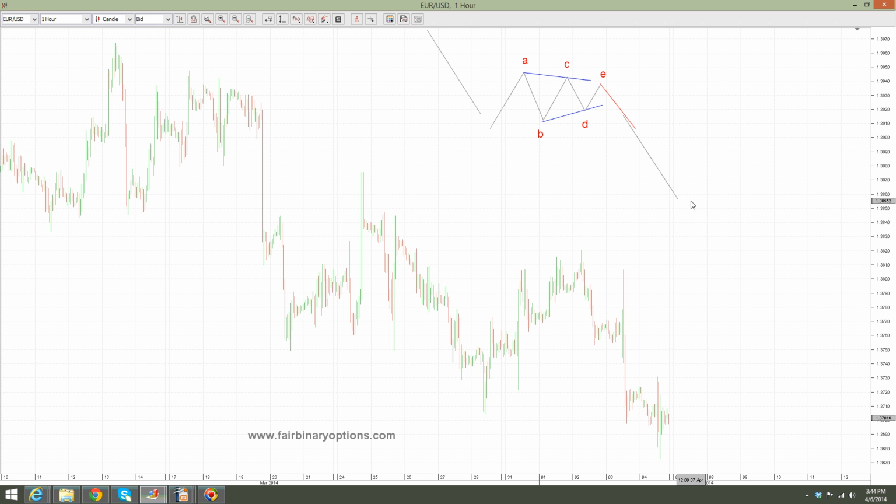Now the same is valid in a bullish trend, of course, when the move prior to the triangular formation points to the upside, then the move after the triangular formation resumes in the same direction as the first move was. Our example is a bearish one, and I would like to put this into perspective with the euro US dollar here. From my point of view, this move started at this very moment of time,